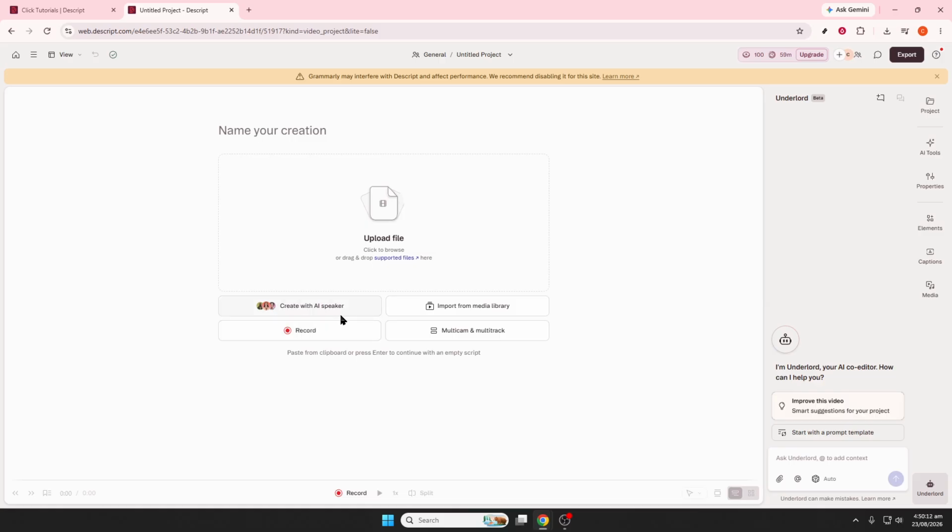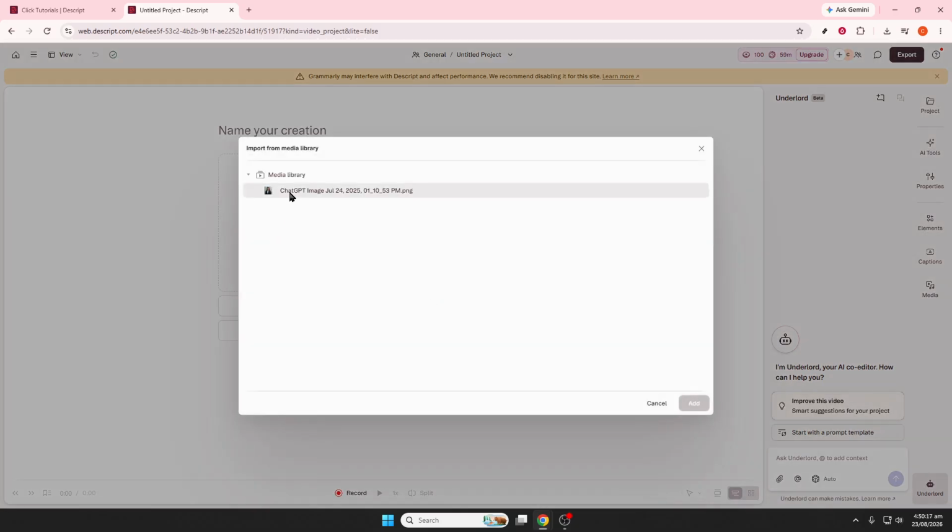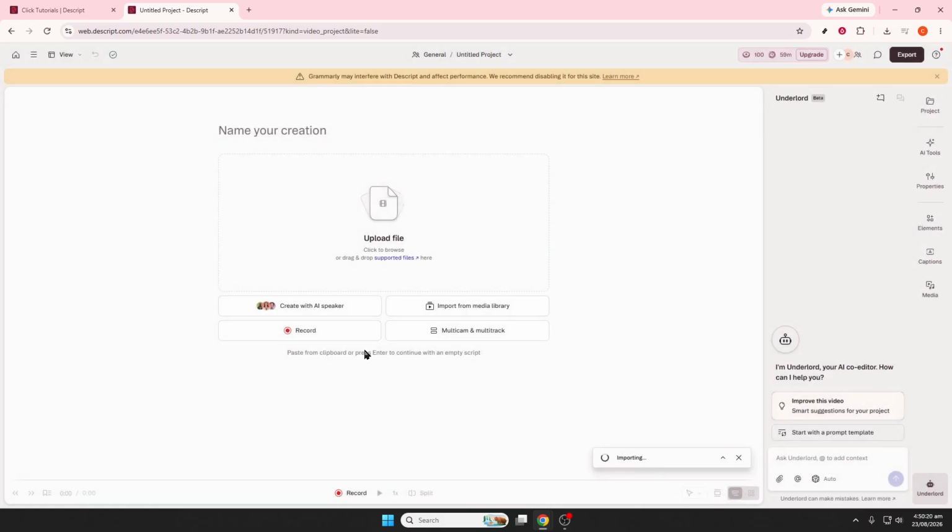To improve your sound, use Studio Sound to reduce background noise and make your voice clearer. Descript also offers other AI tools that can help polish your project further. When you're ready for more detailed adjustments, use the canvas to refine visuals, and switch to the timeline when you need